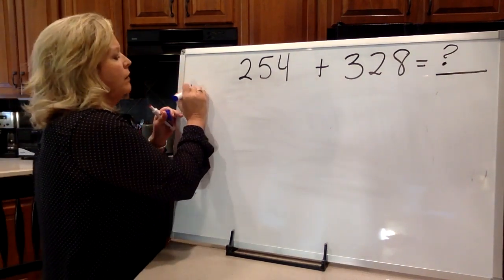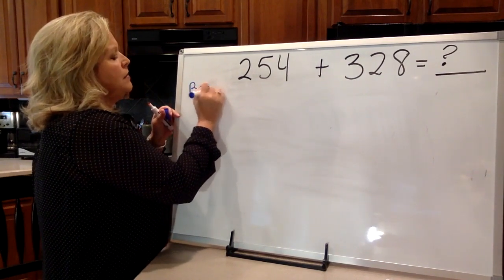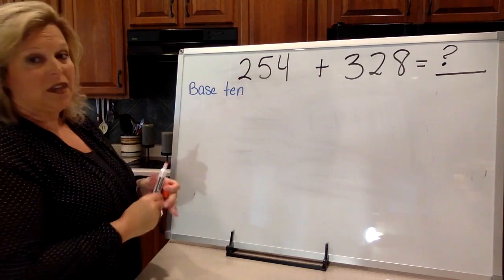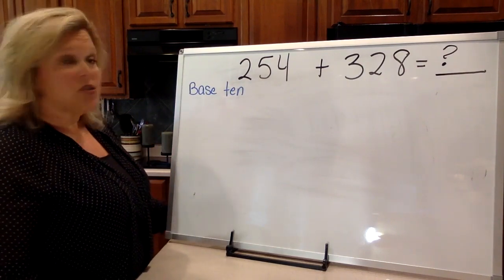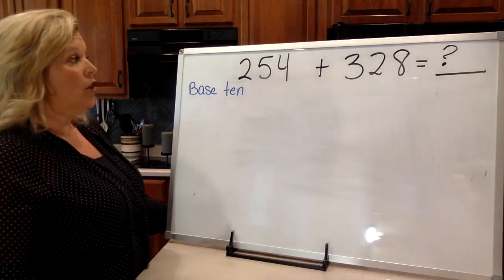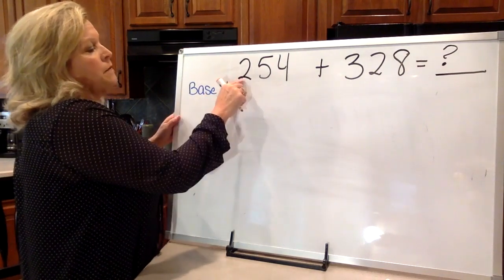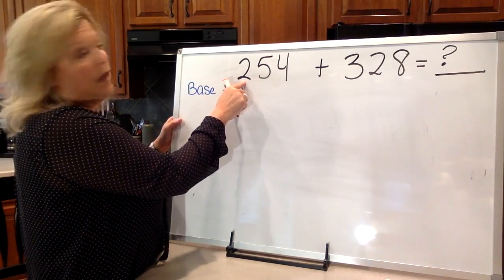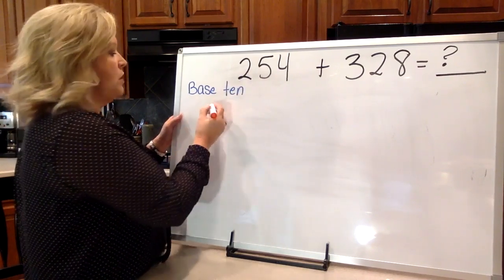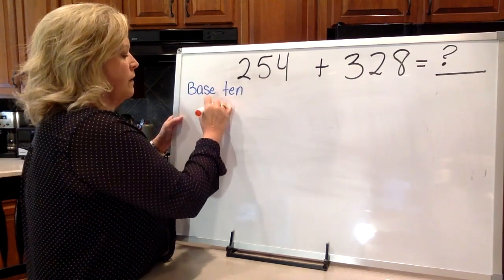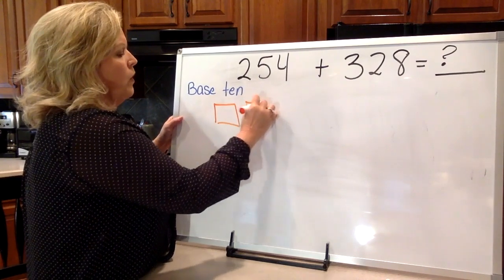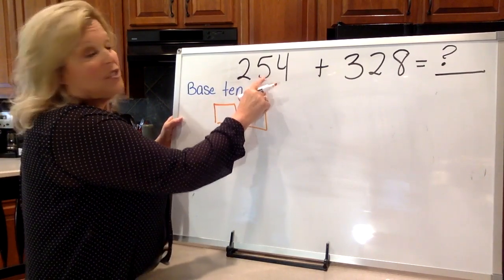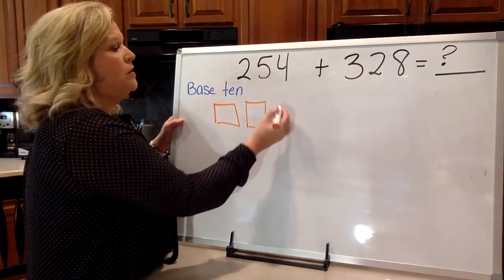I'm going to write that down. Base 10. That's where you draw a picture. That's probably our easiest strategy. That's the first strategy that you learned. And it looks like this. So the 2 represents the hundreds spot. So if there's 2 hundreds, hundreds look like this. They're big squares. Remember that? And this is in the tens chair, and there's 5 of them. And so the tens,